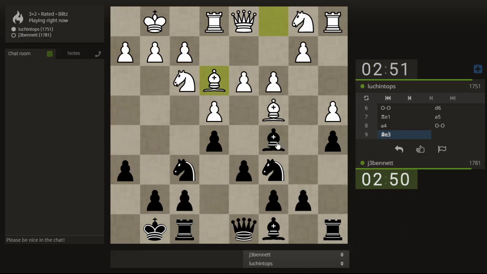So bishop there, I can take it. Or I can retreat and let him take. I think I'll take this time. See how he takes back. He goes for the open F file. I was wondering about that. It's an idea here, but